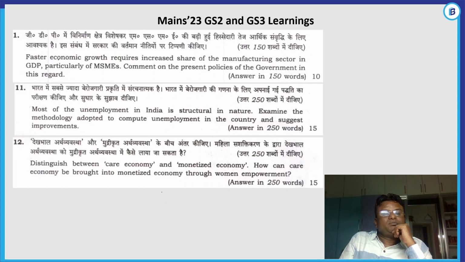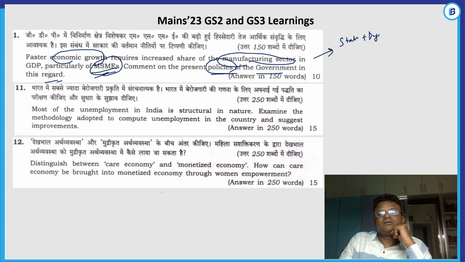I'll tell you why I picked this. Faster economic growth requires increased share of the manufacturing sector in GDP, particularly MSMEs. Comment on the present policies of the government in this regard. Economic growth, the role of the manufacturing sector, MSMEs, present policies, everything. Static, dynamic, current, whatever you want to call it. A combination of all the questions, all types of